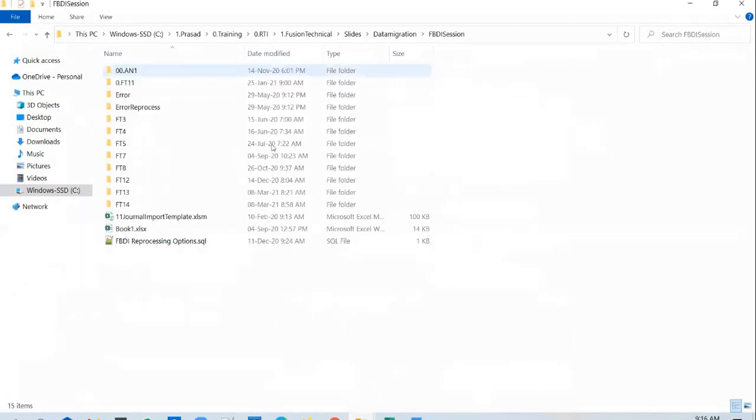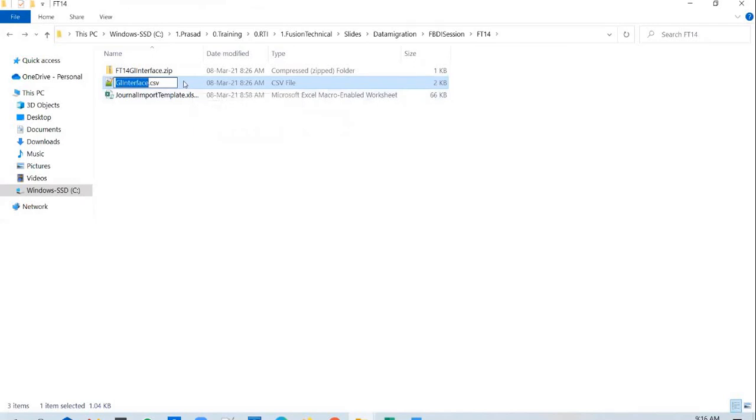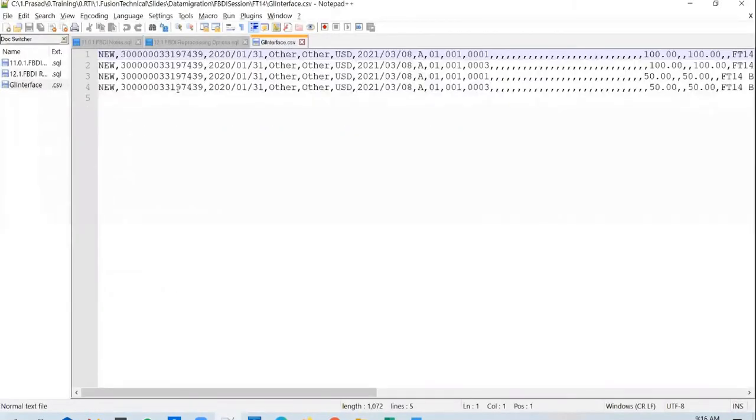So let's quickly replicate that error. How do I do it? Go to FPDA session. I will copy the CSV file, drag it out, and use this. You change this 0001 or maybe 0003 to 0009, which is not a valid account. And I will also change this to 0009. Save it. So what did I do? I've changed the credit line's account number to an invalid one. 0003 is a valid one, but not 0009. So let's try to load in this file.